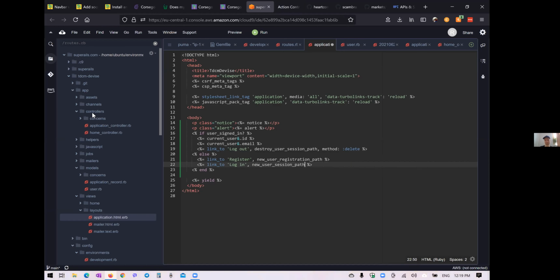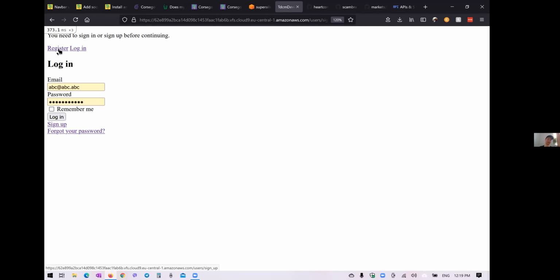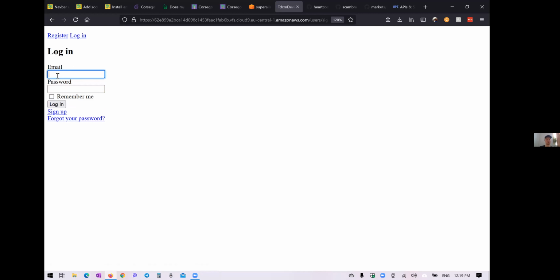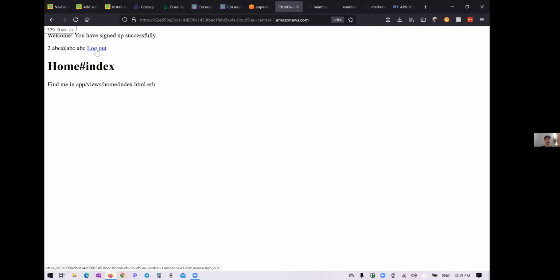Okay, and you see I'm not logged in and I have the button to register and to log in. So let's do this. I will actually register with another account, email, password. And you see, now I'm logged in. I see the ID of the current user, my email address, and log out. And actually, there is another default option for you to be able to delete your account or to change your